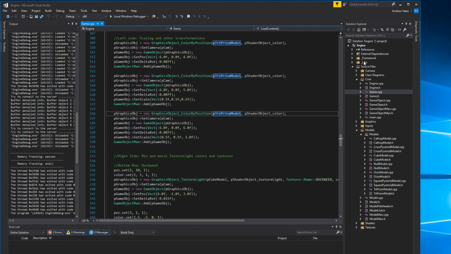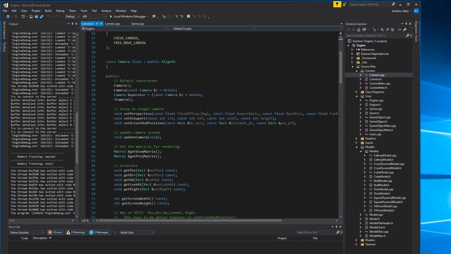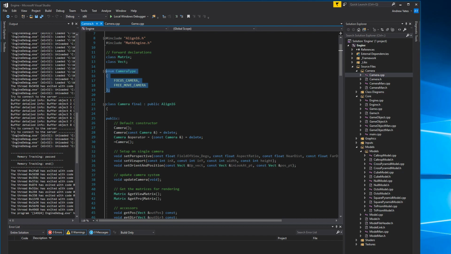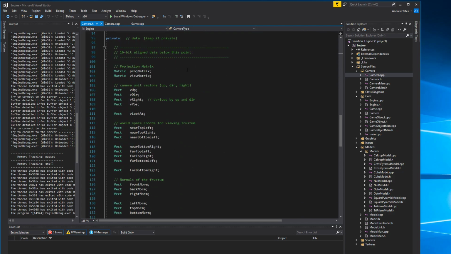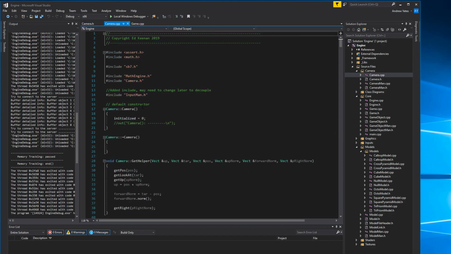So moving on to the camera, for what I did for the camera, I have it set up so that there is now a camera type, which is the focus camera and the free move camera. What I've changed in here is I've added a previous and next for the camera manager, which I will show. And there is the type, and then there is whether or not it's initialized, which is used to determine whether or not I set these variables with the current position. And these will only be set once,